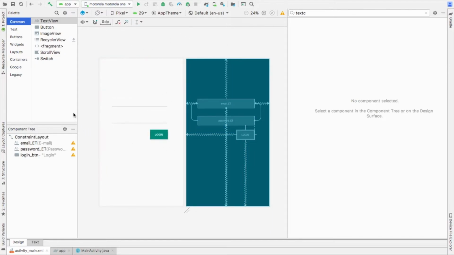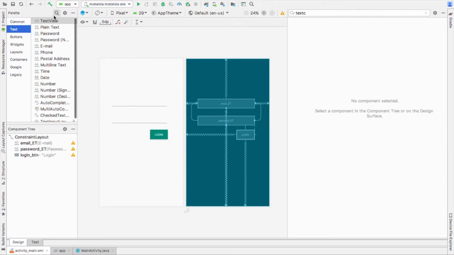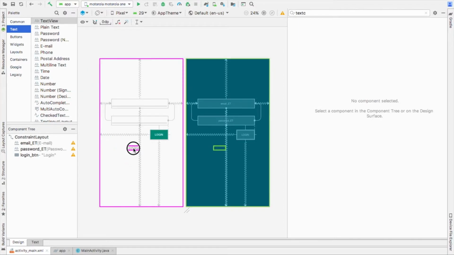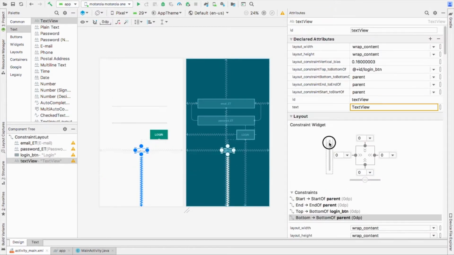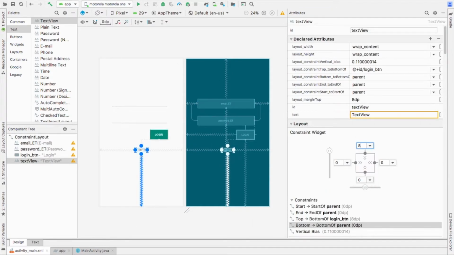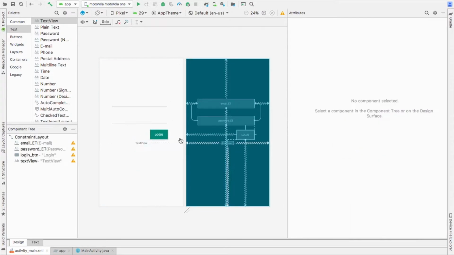Okay. We'll have to put a sign up text here, like if he or she hasn't created an account, then we have to show here that you have to sign up. So for that we need some text. We will just put some text here. Let's give 16.